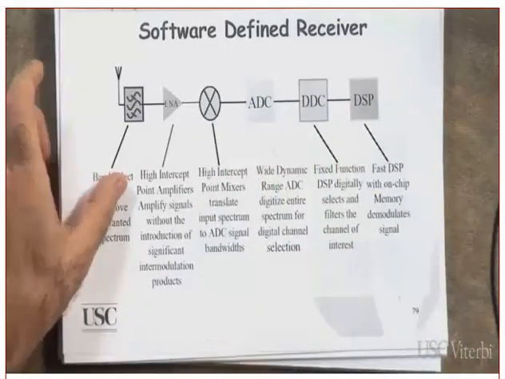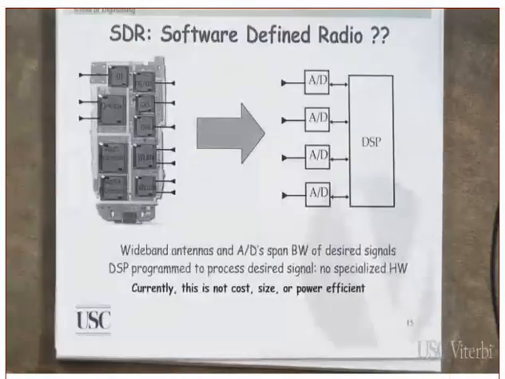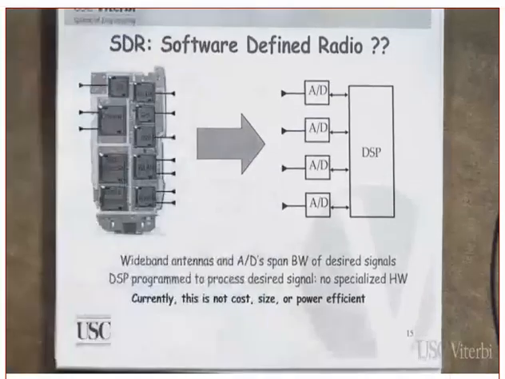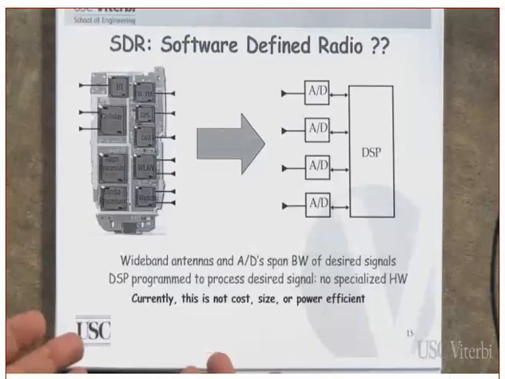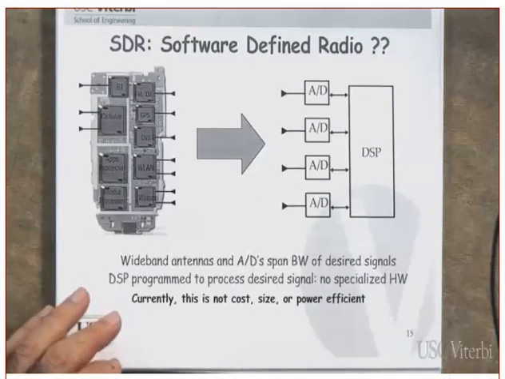Clear? So when you hear the word software-defined radio, it means you are sampling, but not at the RF. You are sampling possibly at the IF. Clear? If you hear the word software radio, that's a pure software radio, which means all the way to the RF. Now, what is the beauty of these types of radio? The beauty of these types of radio is that it is very easy to